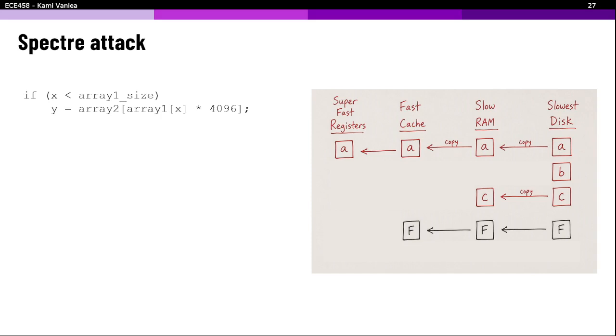This was so fast. But what if B is sitting all the way over on disk? Glacial speeds. Now I must send a request to disk. Disk must send the data to RAM. RAM must send the data to cache. Cache must send the data to the register. And by then I could have gotten so much done.